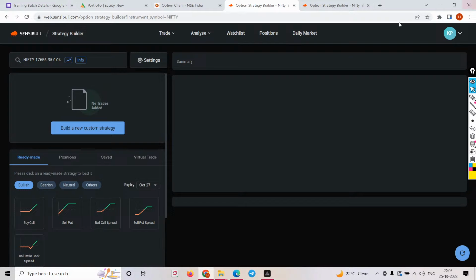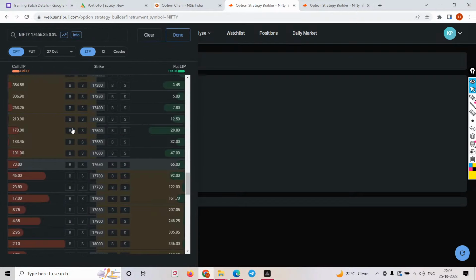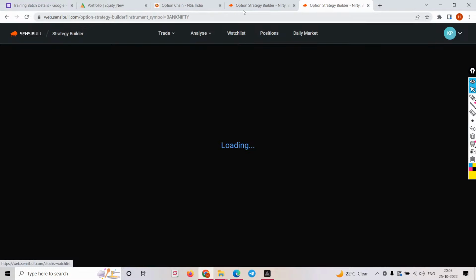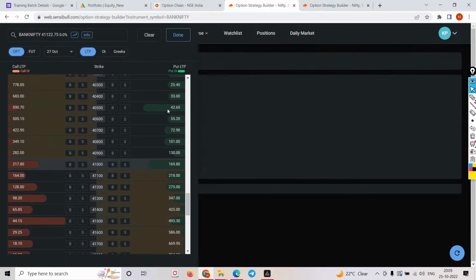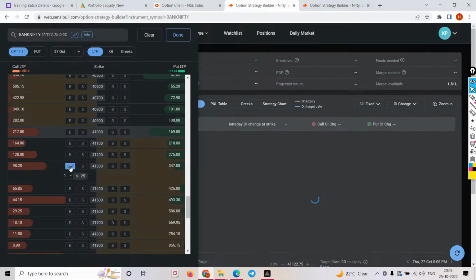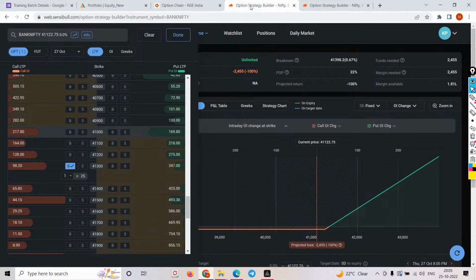So as an option buyer, the first thing we'll do is take an example of an OTM option. I'll go to Bank Nifty. This would be very easy. Please do not ask any questions and stay focused. My view is that the market will go up, so I'll try to buy this one, going about 2 to 3 strikes out. I'm buying 41,300.